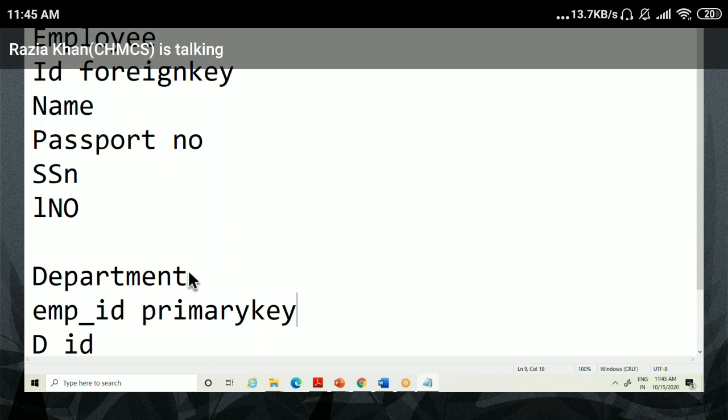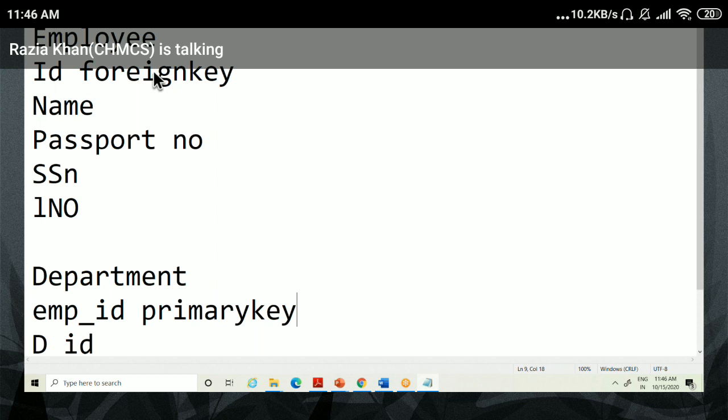If you want to relate these two tables, if you want to join or create a relation between these two tables, and you apply a foreign key on this ID column, this column will refer to that column because that column uses the primary key. This ID column will not refer to this department ID, because a foreign key column only refers to a primary key column.